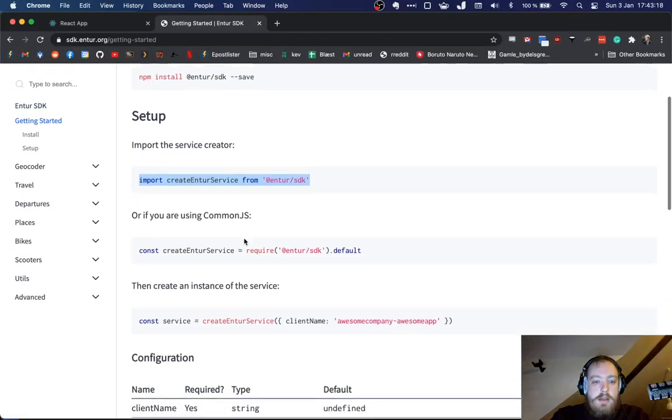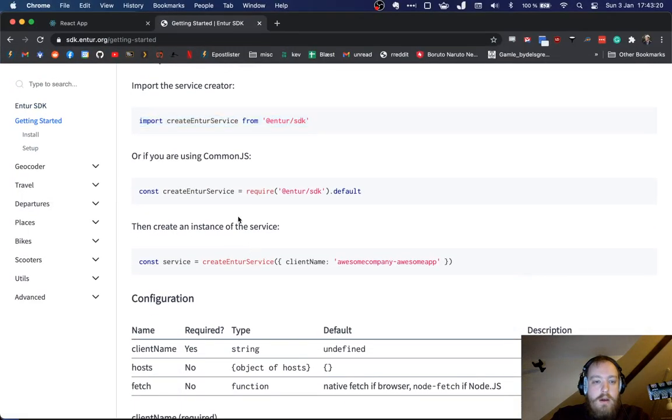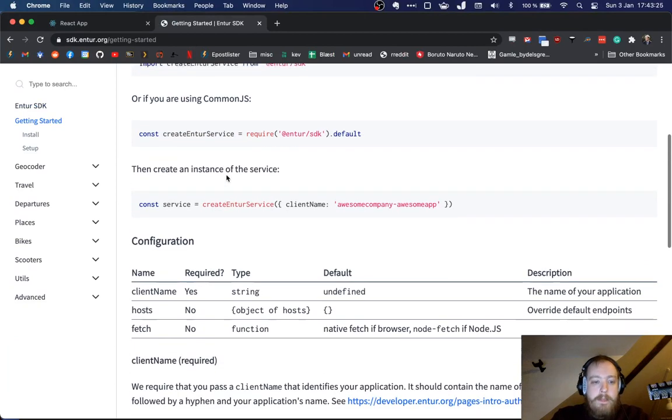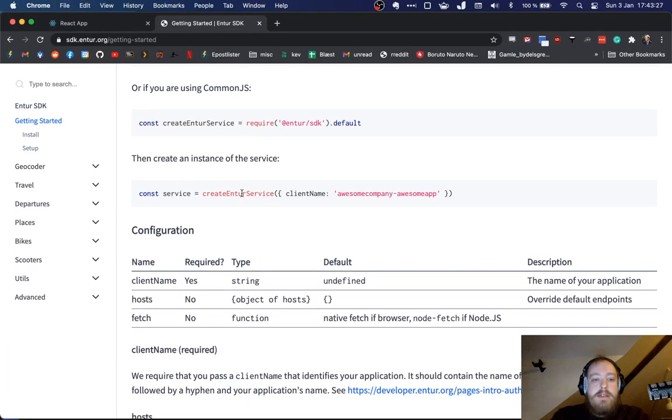And let's look at the next thing we're doing. We are not using common.js. We are just using the standard way of doing it in React. And they have this policy that you have to create this service beforehand, and this varies from SDK to SDK and API to API. It changes depending on how they've built their tool. So you usually need to look at one of these getting started pages to figure it out. But we basically need to copy paste this line,